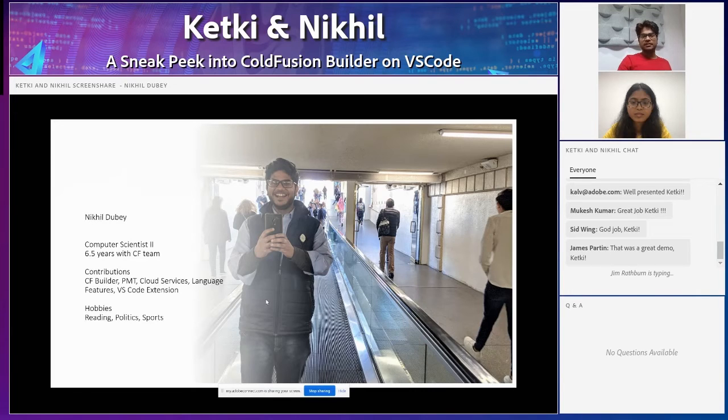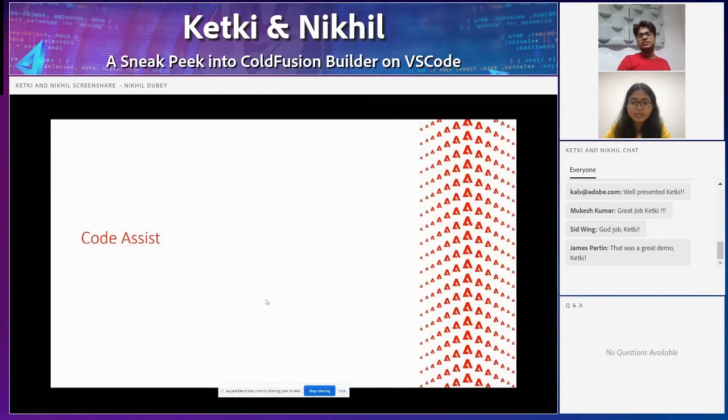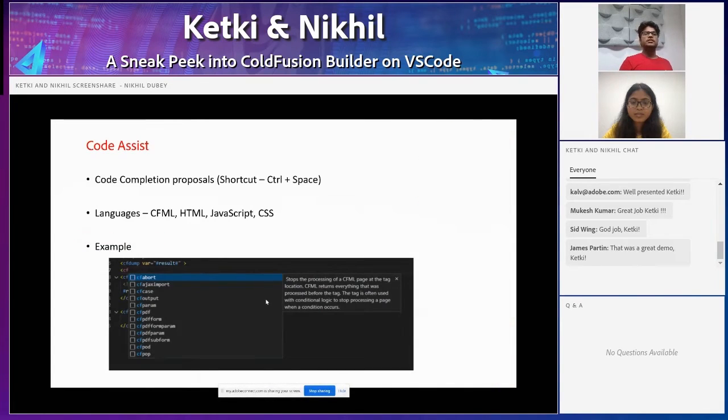So let's get started. So the first one in the list is code assist. The feature is about getting you code completion proposals at the right place based on what you have typed so far and based on the current context of your location. The shortcut is Control plus Space, and we support this feature for all four languages: CFML, HTML, JavaScript, and